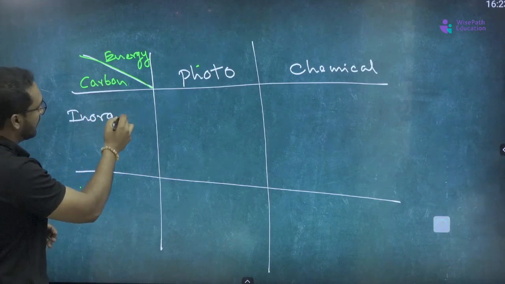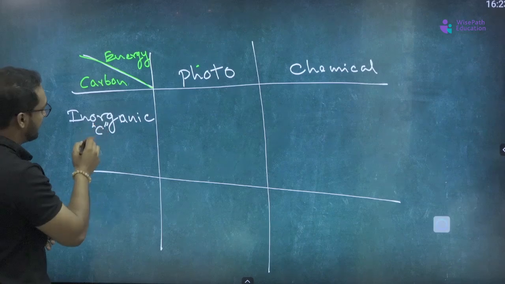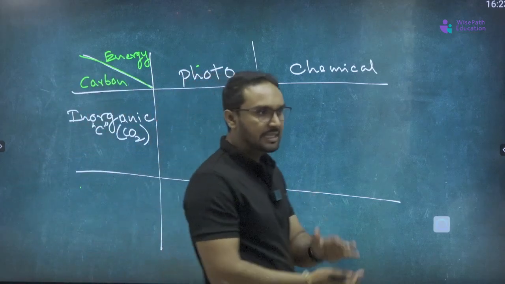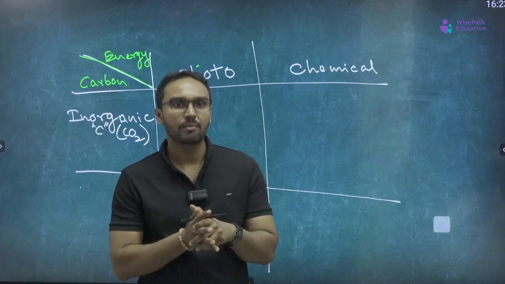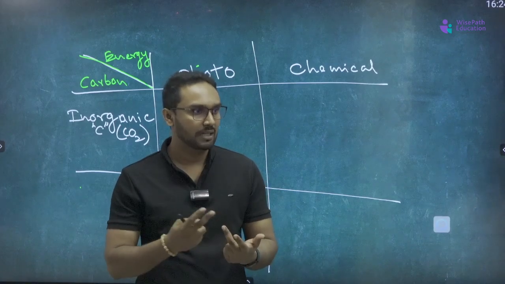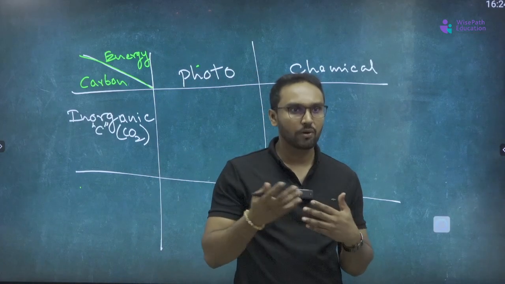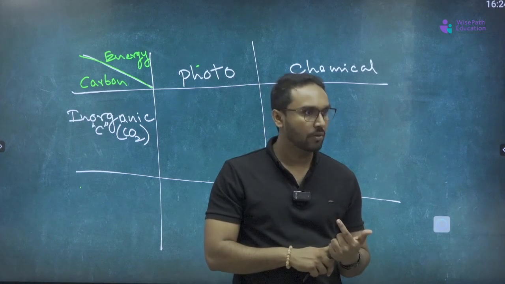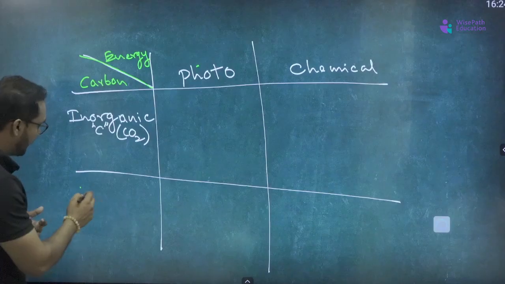We call it inorganic carbon. Inorganic carbon is basically carbon dioxide. The other thing is organic carbon, right? Organic carbon is the produced carbon, which means maybe carbohydrates, proteins, lipids, all produced by some autotroph. Carbohydrates, lipids, proteins, any of these organic carbons are produced by someone, right? Produced by someone. And that is called organic